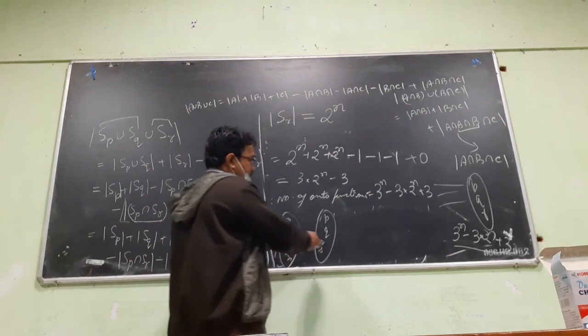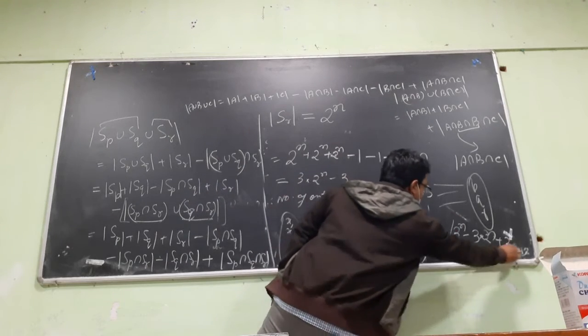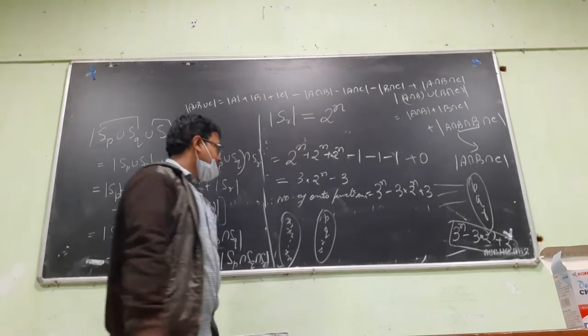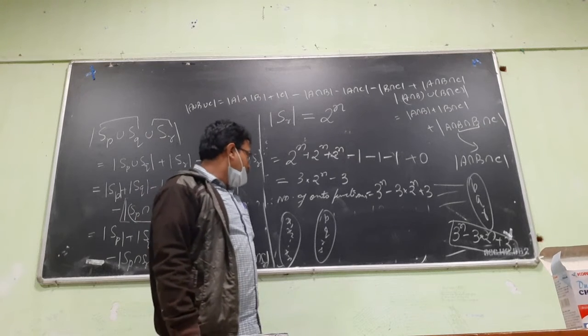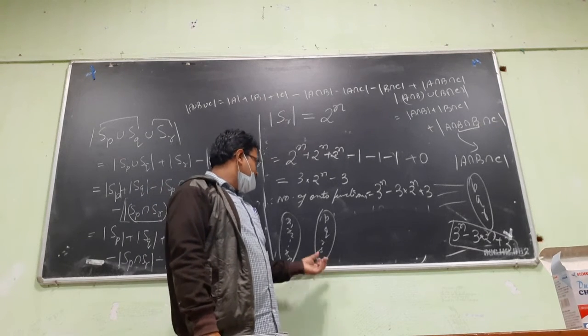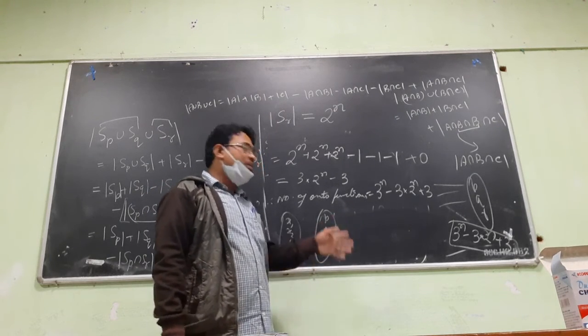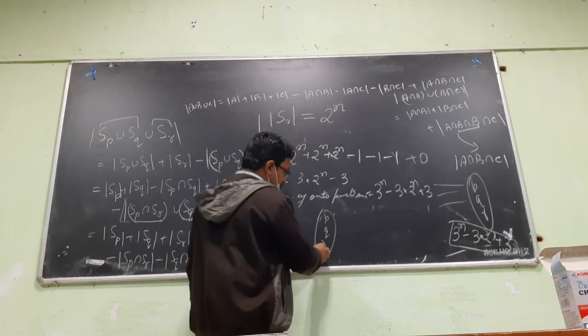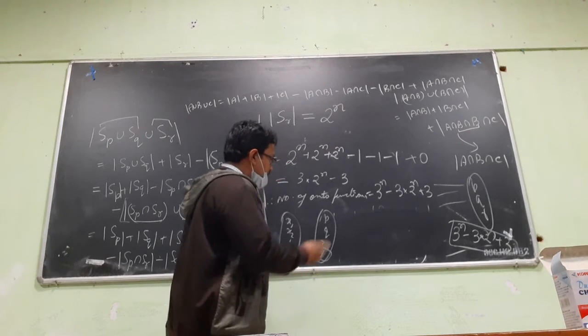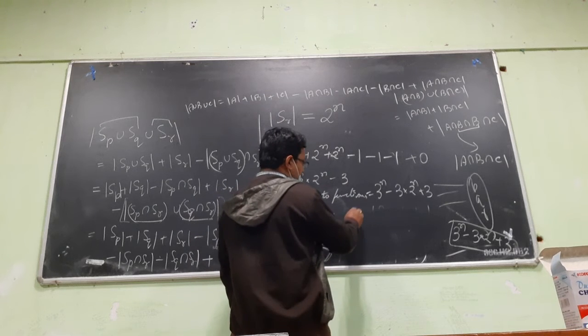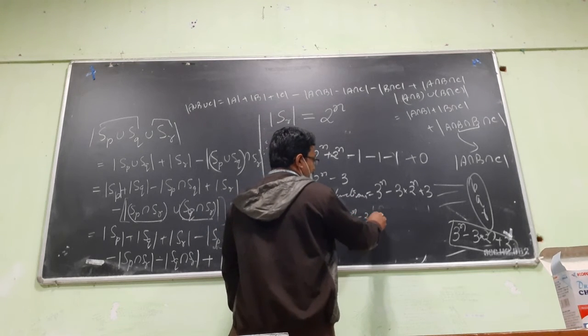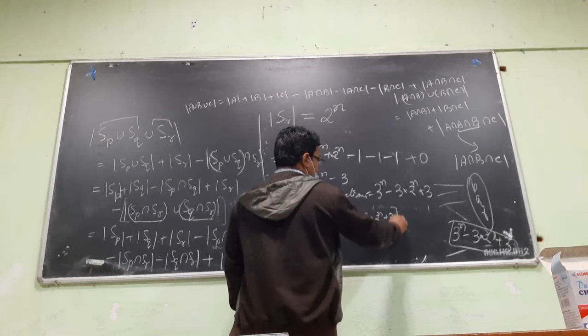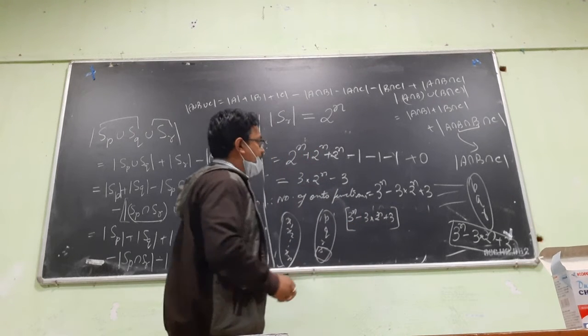So for this, if you want to use this, you have to use this result. Number of onto functions. So number of onto functions, which means this, but that will be complicated. Suppose the number of onto functions which means S will be 3 to the power n minus 3 into 2 to the power n plus 3. Okay, this is there, right?